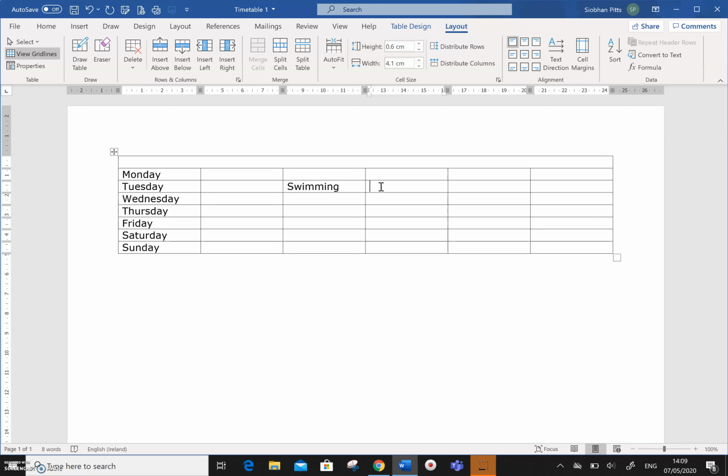Okay, another thing I want to show you, because you'll be asked to do this in the worksheets in one of your amended tables. So you might be asked to add rows above, add rows below, or add a new column to the left or to the right. Okay, so you can do that in two different ways. So if I click on this cell here, where Tuesday is,